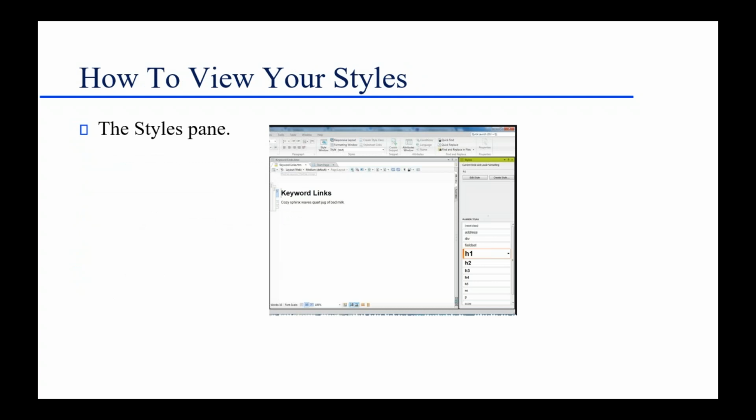And the answer, as those of you who've had classes with me know, my standard answer is it depends, because there's various ways to view your styles. One way is off the Styles pane. On the main window, all you do is either press F12 or in the center of the main ribbon, there's a styles group. And one of the options says style window. And if you click that, you get this window on the vertical window on the right. Here's all your styles. This is great. Another option